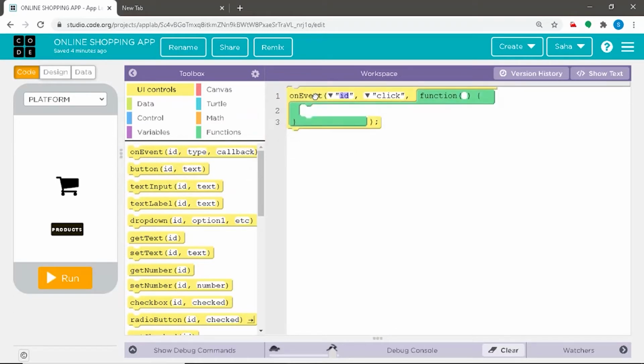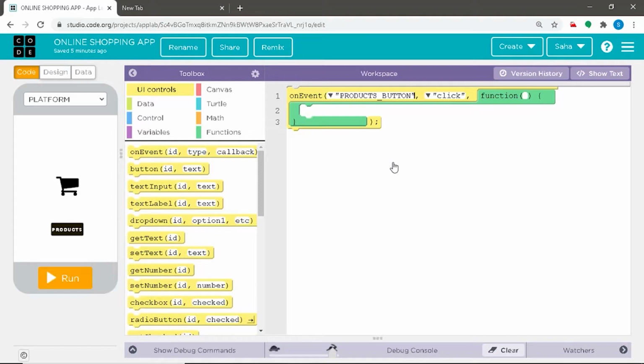Now since we are defining the products button, we shall choose the ID to be products button, which means that on clicking the products button, everything in the green command, the function command, would be executed as per our instructions.